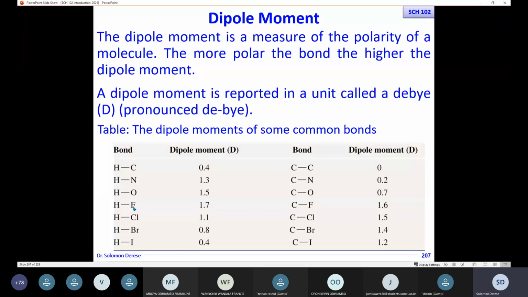On the periodic table, after carbon we have nitrogen, then oxygen, then fluorine. So we are going progressively to the right of the periodic table. As we do that,